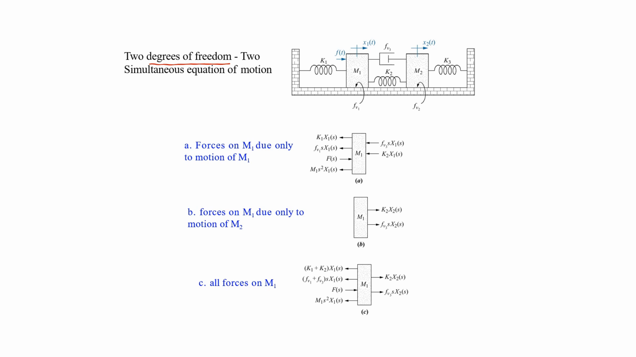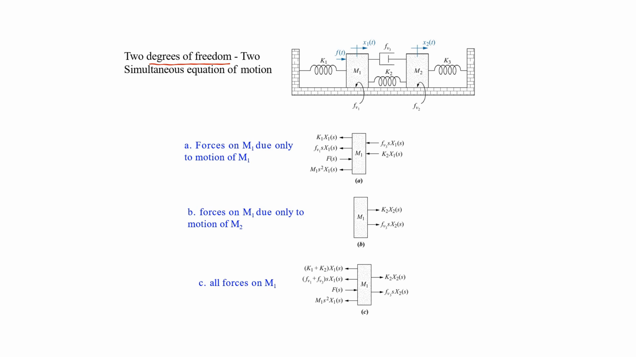The first simultaneous equation of motion will be for the mass m1 and the second simultaneous equation of motion will be for the mass m2. So let's find the equation of motion for the mass m1. We have already discussed that for the equation of motion for m1, we will firstly draw the free body diagram for the mass m1,